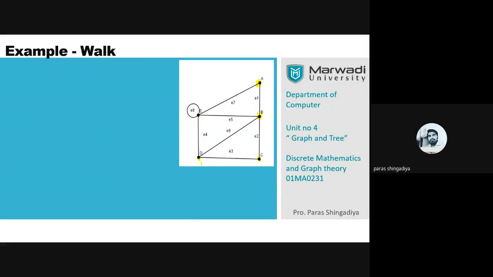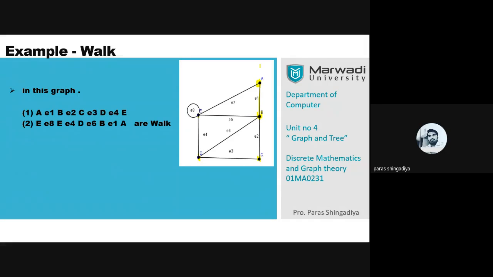What is a walk? A walk is a finite alternating sequence. It means you consider any starting point, start your walk, visit the places one by one, and end your walk at any vertex. So let's consider this graph: A, E1, B, E2, C, E3, D, E4, E. It is one walk. I start with A, then I move along the edge E1, then I reach the second place B. That is a small walk.